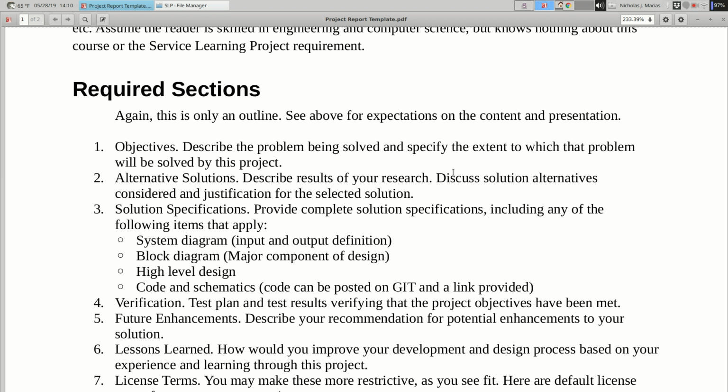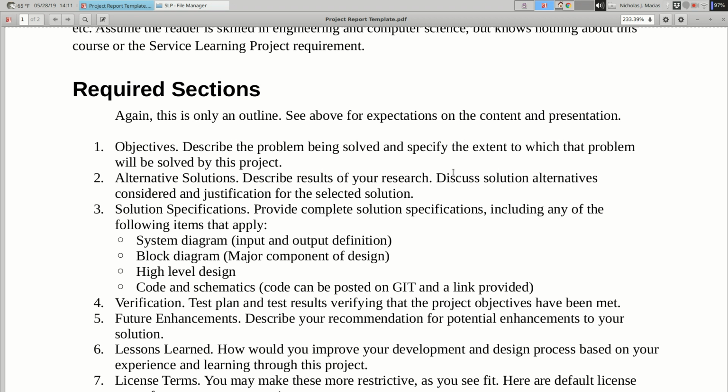And then if you were to continue working on this, that's where future enhancements come in. Even if you don't plan to work on this, if you were going to continue working on it, what would come next? Now that you've gotten to a certain point, what do you see as opportunities for taking it further? Suddenly I realized I could stir all kinds of things, not just yogurt, and I could use this to mix drinks for people, and I could sell this to a chain like Hard Rock Cafe, and they could put it in all their bars.